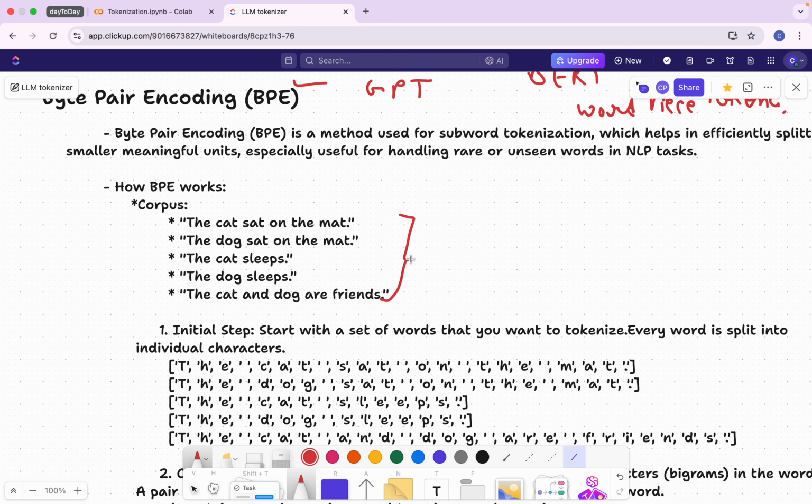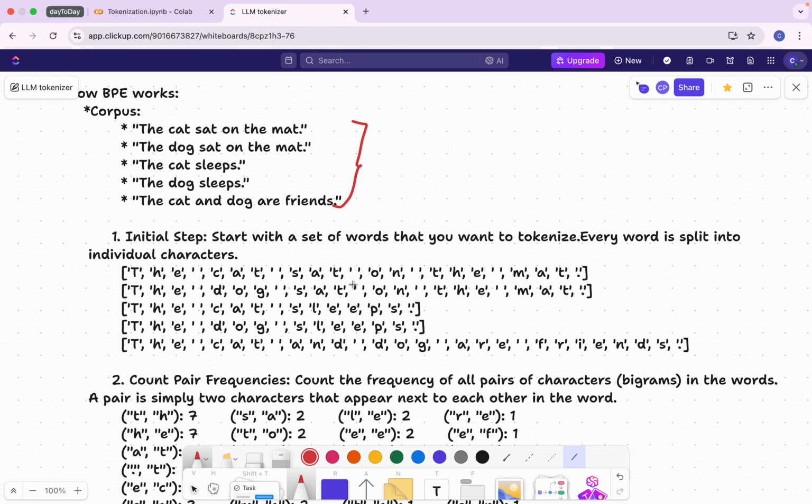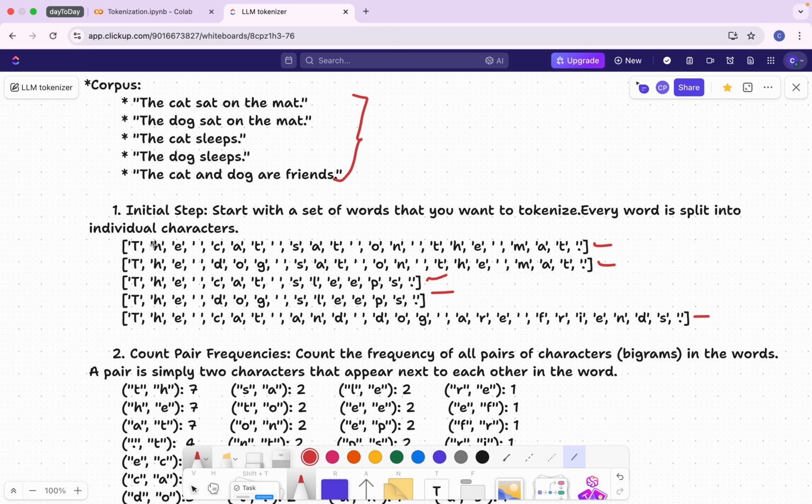For byte pair encoding, the first step is to split each and every character of the sentence. You can consider that for each sentence or text we are using character level tokenization here, simply. So we will get these 5 lists. After that we will count the frequency of bigrams. Bigrams are nothing but each 2 characters, or 2 tokens, taken